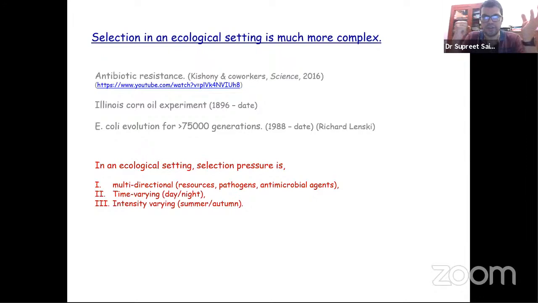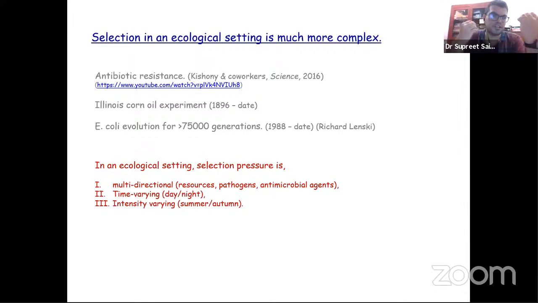E. coli is evolving for 75,000 generations, with the evolution taking place in a soil in a garden near you. That soil sample goes extremely dry, so all the microorganisms there have to survive that dry patch. Then it might get flooded. Then temperature increases during the day, decreases during the night.